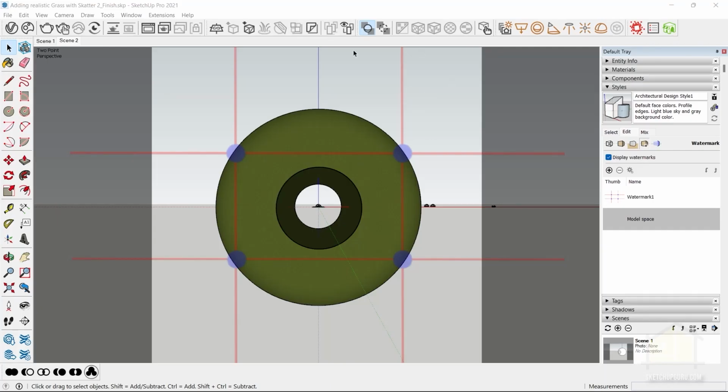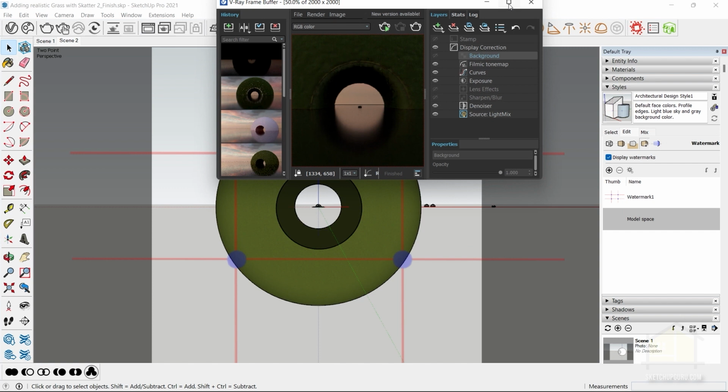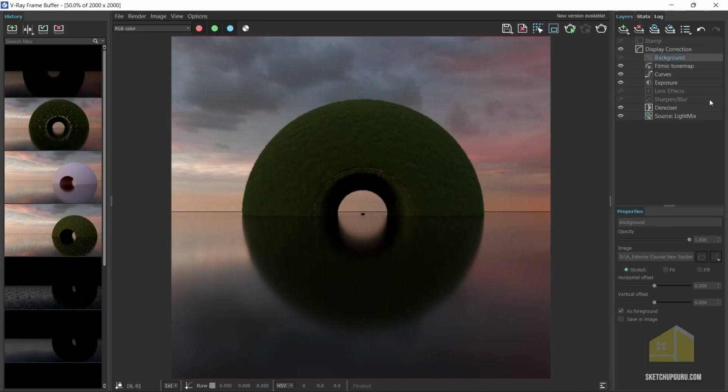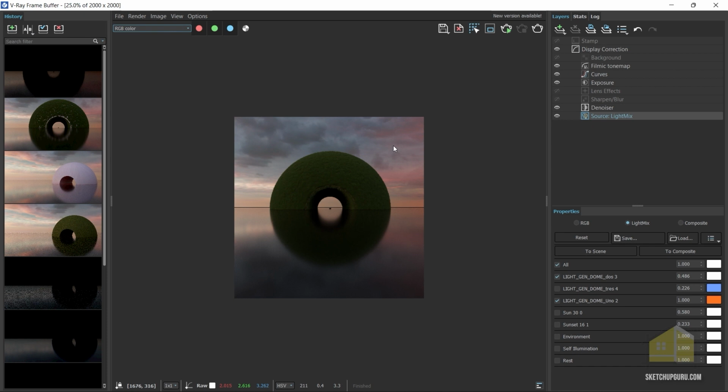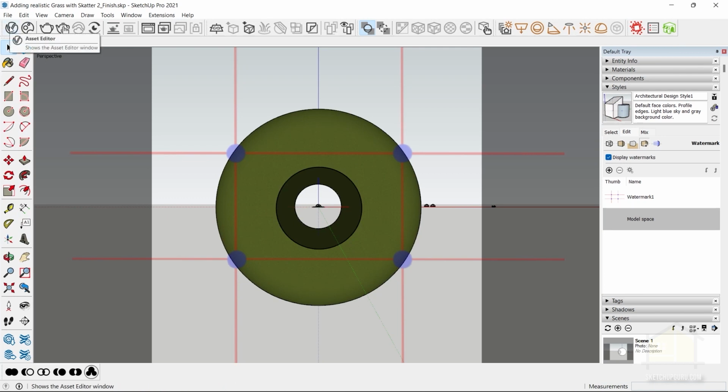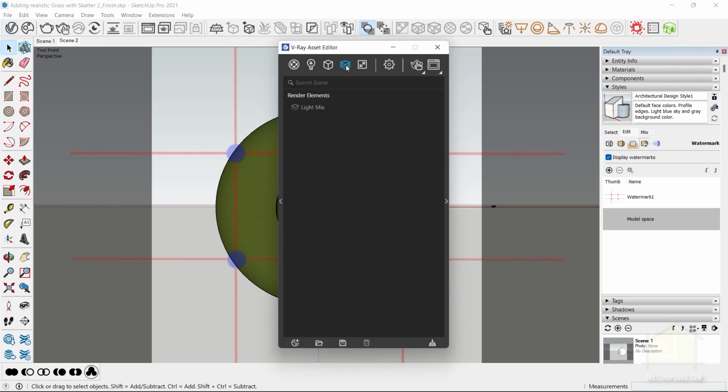In this video, we're going to work with our previous render and make some additional light edits. So what I'll do is I'll go to source Lightmix. And this is the current light setup that we have. So if you want to post-produce in the V-Ray frame buffer, you'll have to add some additional render elements as well. So let me just go to Asset Editor, go to Render Elements here, and I'm going to add a Cryptomatte render element,